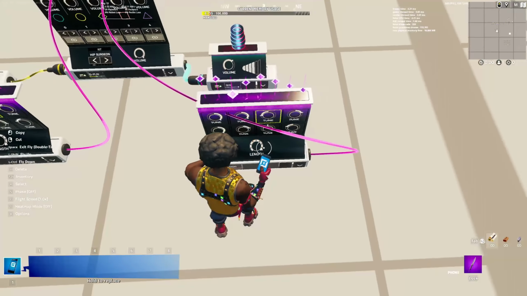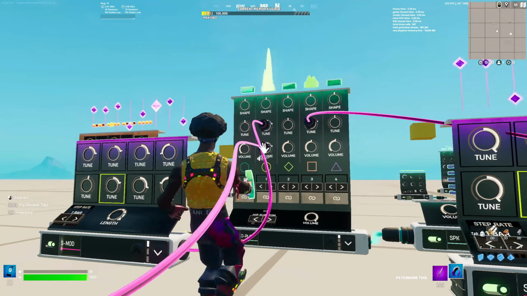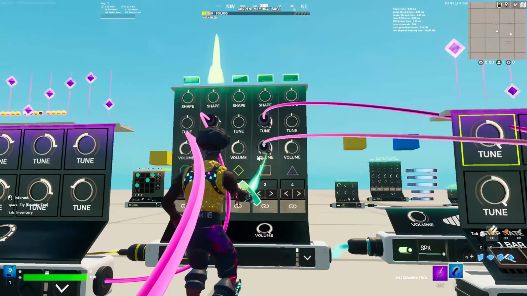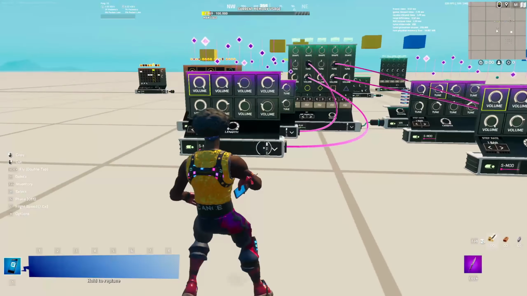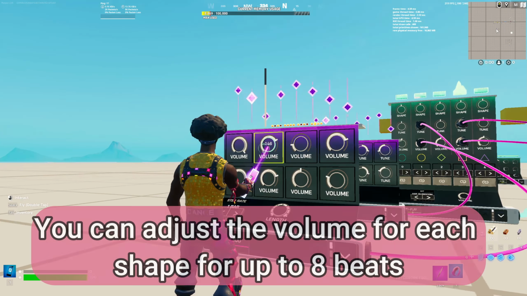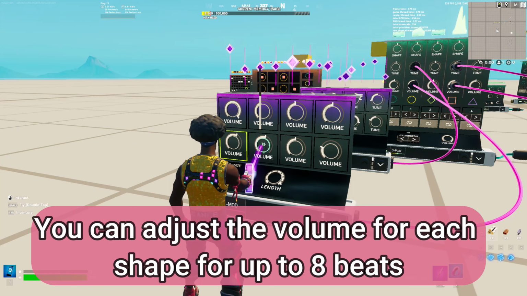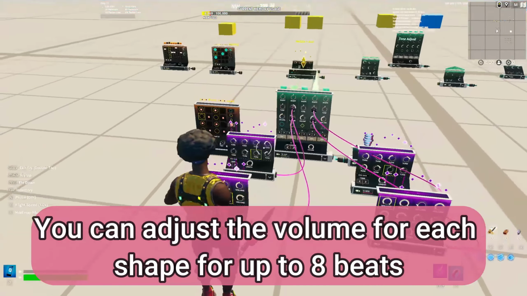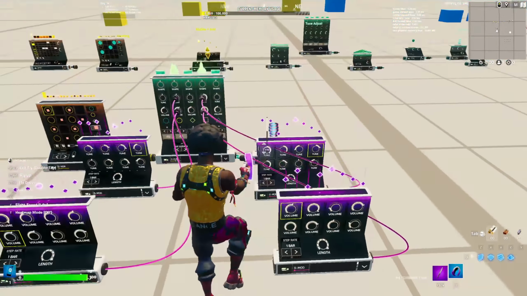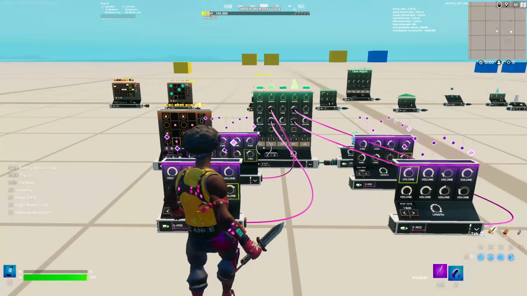If you would like to adjust the volume for these, just like that, if I add this, and I adjust the volume for the circle, and I adjust the volume for the square, just like that. It looks like a lot, it looks like chaos right now, but it's not, I promise. I can adjust the volume for each individual one. So if I want the first one louder, I want this one quieter. Just like this. Boom. You can adjust the volume for the circle ones individually or this one individually. So basically all this does is adjusting individual things within that beat or that sound.